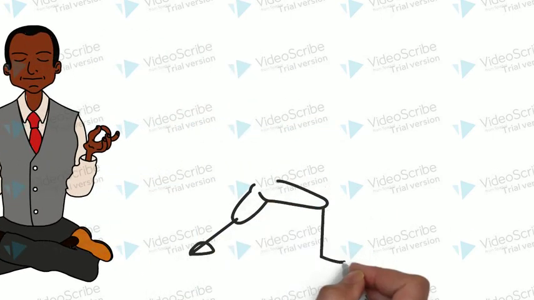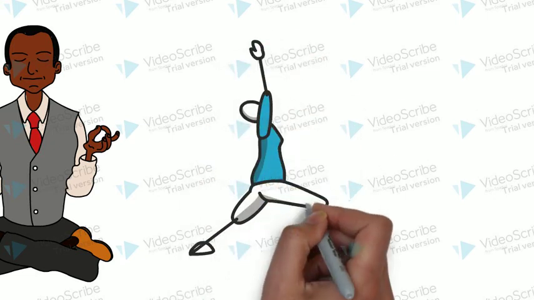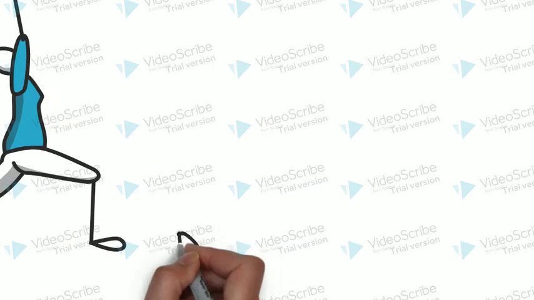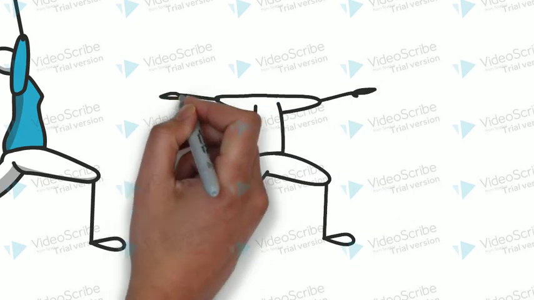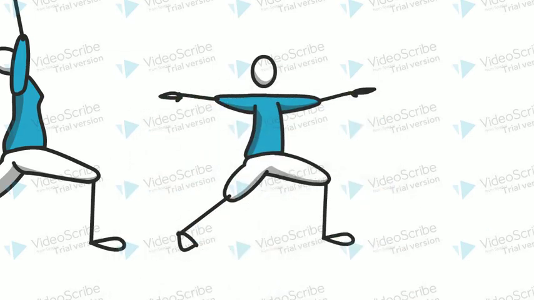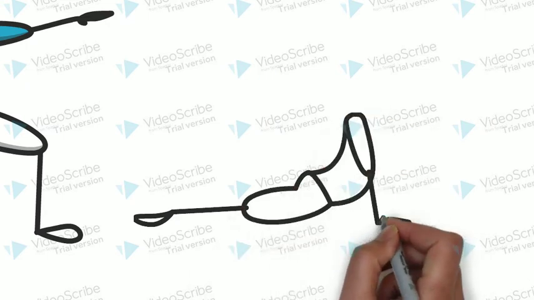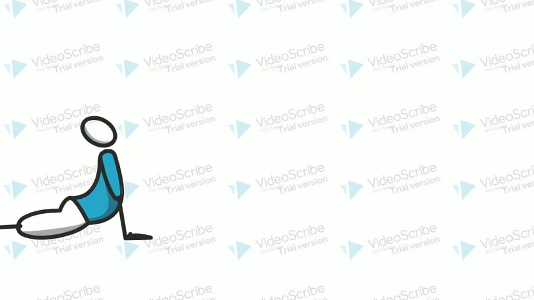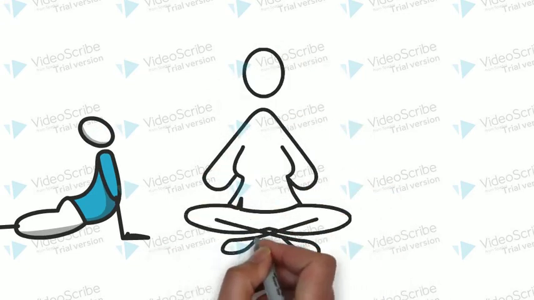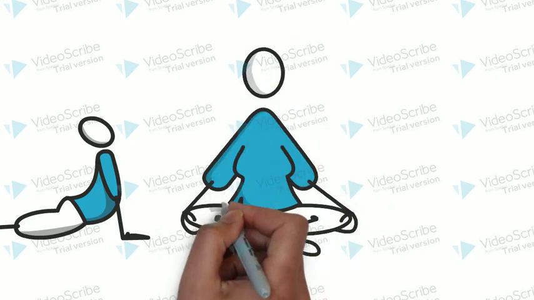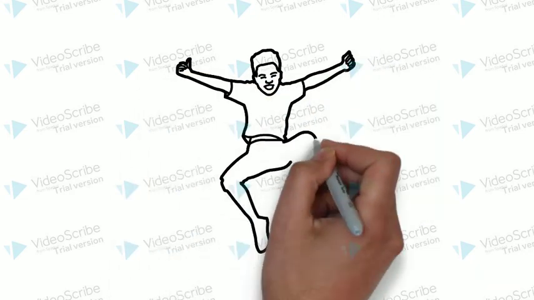Oftentimes, when a child is upset, it is worthwhile to have the whole class stop and participate in the relaxation techniques and problem-solving steps. This helps other children to learn what to do. It improves their ability to recognize feelings of others and develop empathy. And it supports the child who is upset, as they will often follow what the whole class does as they participate in the relaxation techniques. After all, if the entire class is doing something fun, like jumping up and down, they will want to participate too.